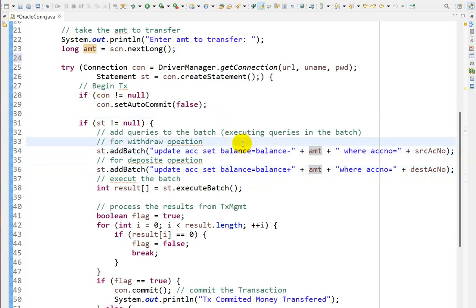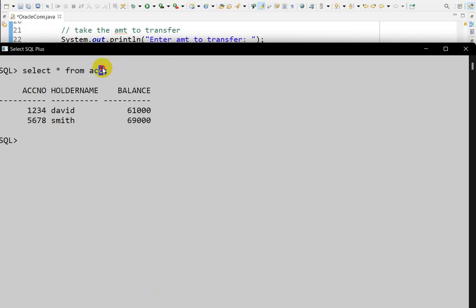Now we will write the queries to transfer. The table name is account. This is you and your friend, so you have to write a query to update the balance with minus 1000, because you are transferring this 1000, and you have to add the 1000 rupees to your friend's account.